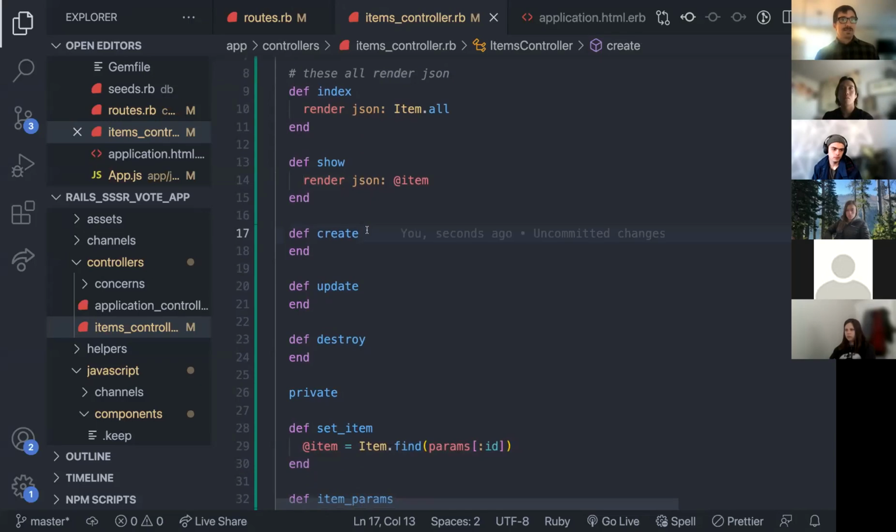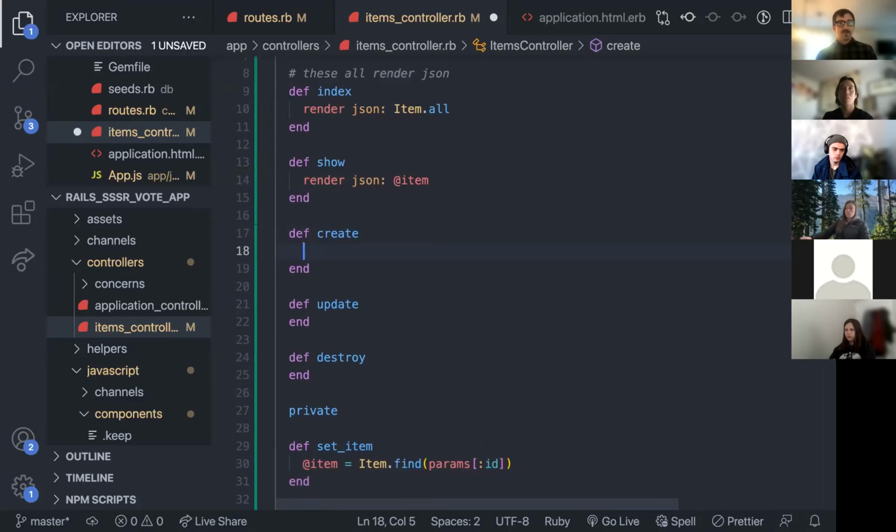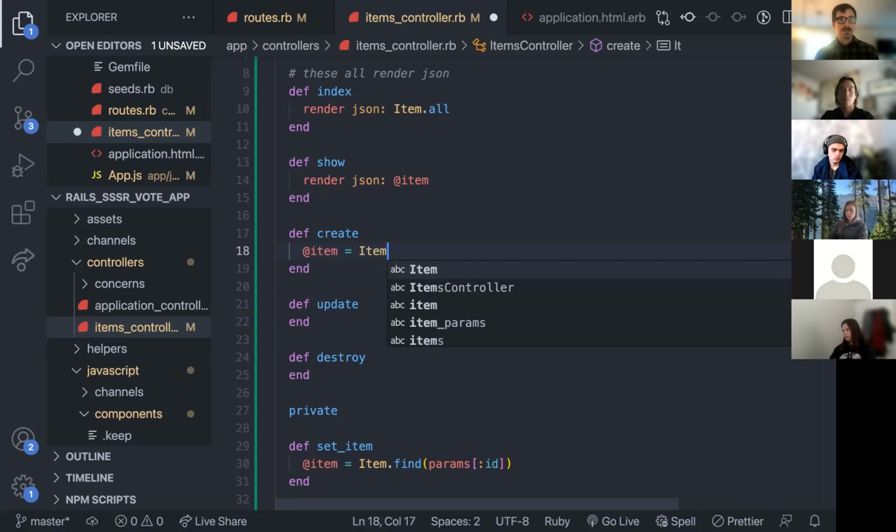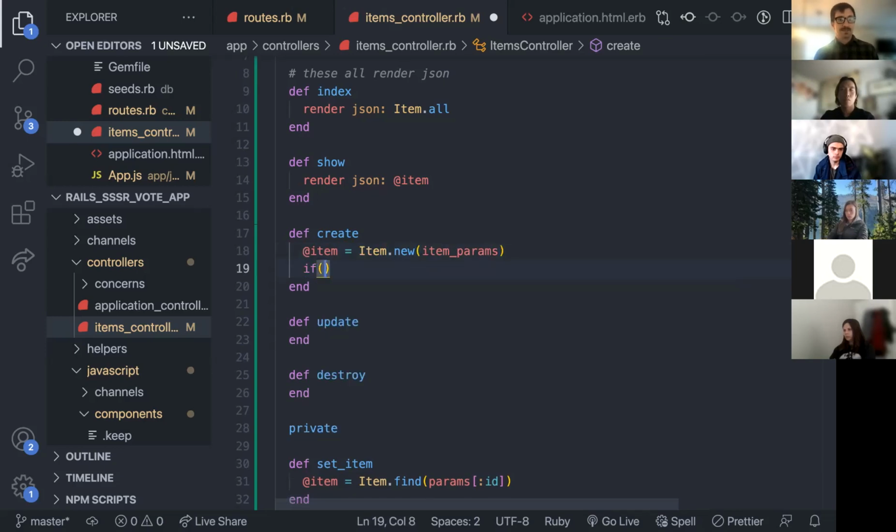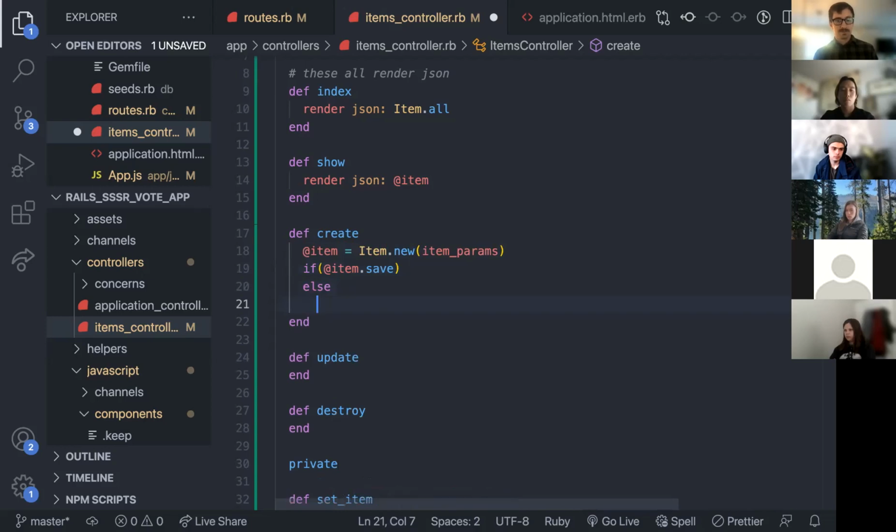So for my create method, what I want to do is make a variable. I need to reassign @item to Item.new item_params. And then we can try to save it. If @item.save results in